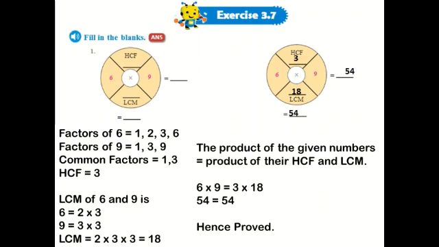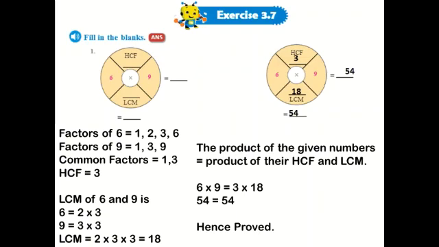Keep this aside. Then you find the LCM of 6 and 9. Here you will find the LCM by the prime factorization method, that is the factor tree. So 6 is equal to 2 into 3 and 9 is equal to 3 into 3. The common factor is 3 here. So write the common factor only once and then the factors that are not common. So 2 into 3 into 3 is equal to 18.